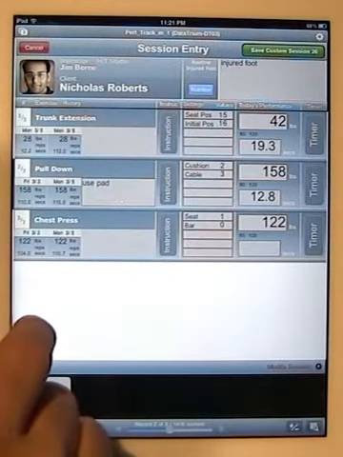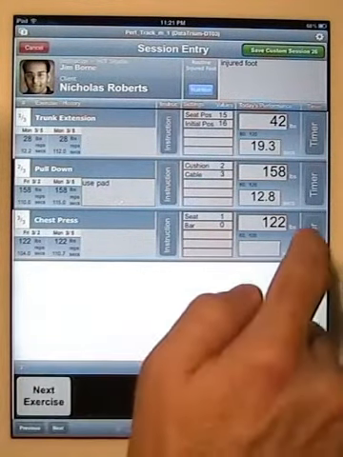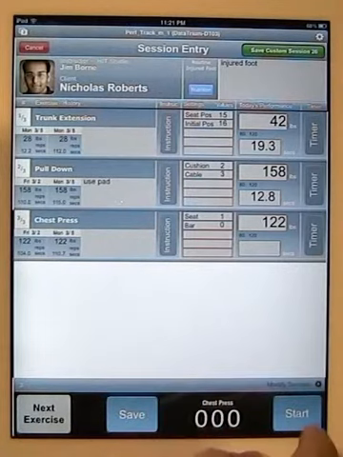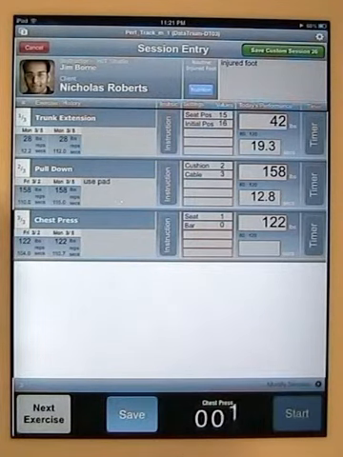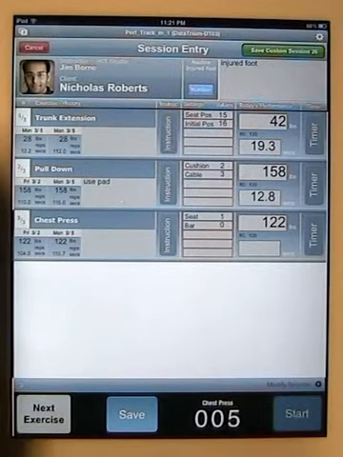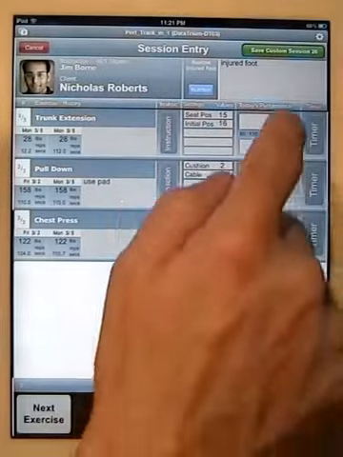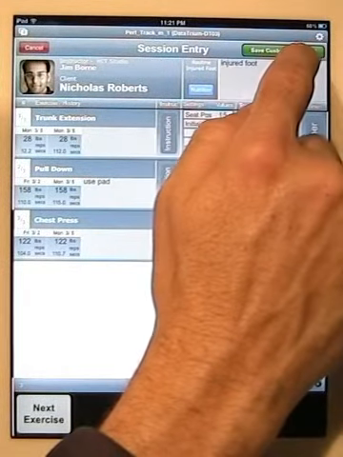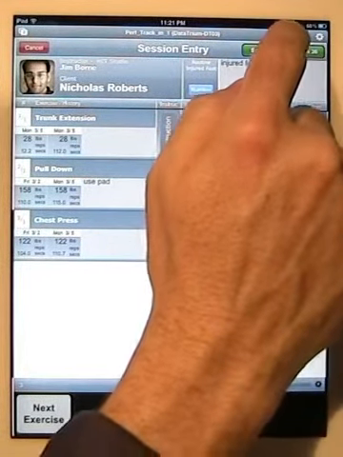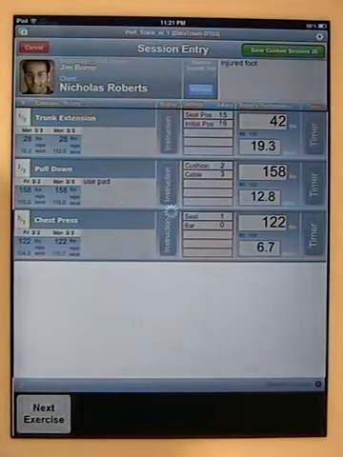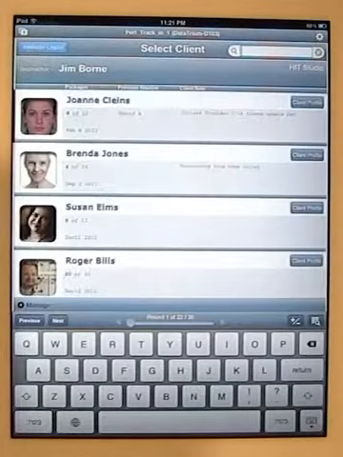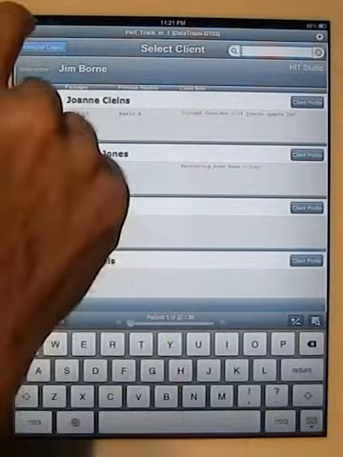Cancel brings us back to the screen. Our values are still there. We can click timer, and we're ready to do the chest press. When we're done with the chest press, there's a save session at the top. Once we save the session, the client record is saved, and